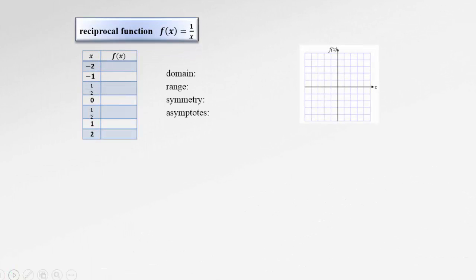The next function is a reciprocal function, 1 over x. Think for a second about the possible domain. What kind of values can we take for x and be able to evaluate 1 over x? Well, anything except for 0, because 1 over 0 doesn't exist. We can't divide by 0. So 0 has to be excluded from the domain. All other numbers are fine. So the domain for this particular function is all real numbers but not, so we subtract, a set composed of